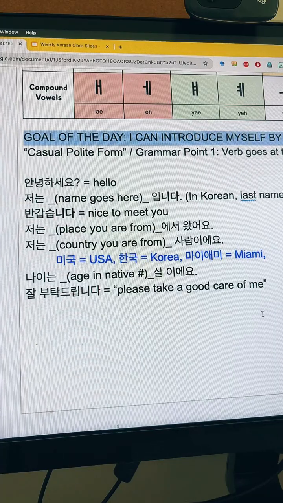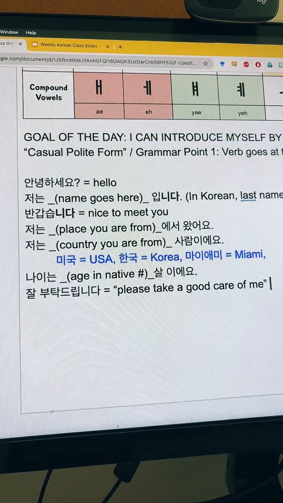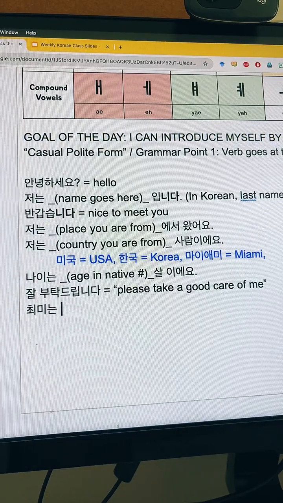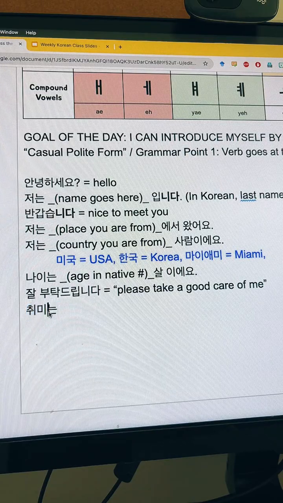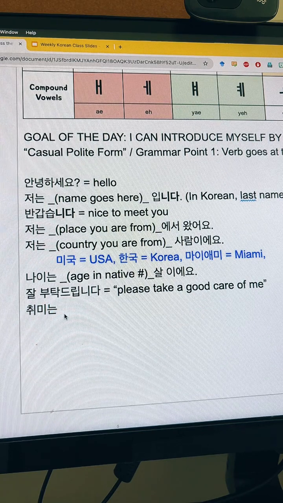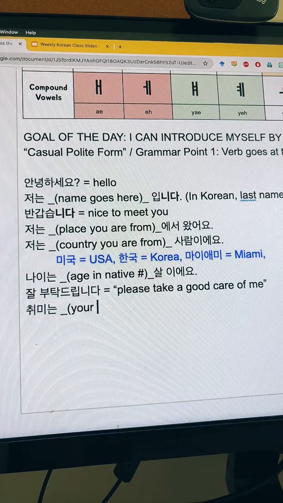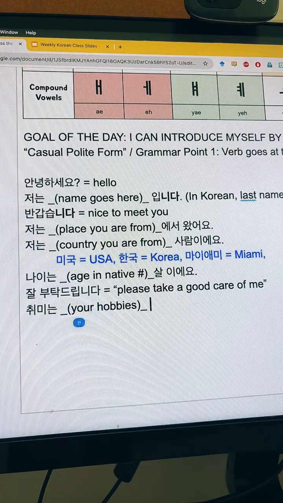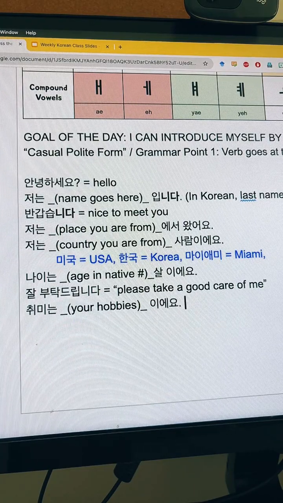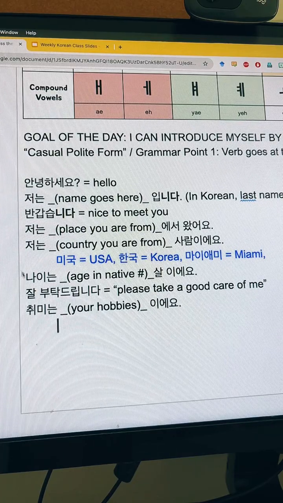No questions? 취미. Oh, okay, good. So we can start with that then. 네. 취미 basically means hobby. Because our topic is going to be about 취미, which means hobby, you're going to start with that word and add the topic particle 는, 취미는, and then you can end by saying 이에요. It is. Okay?